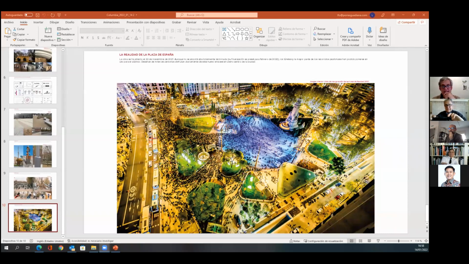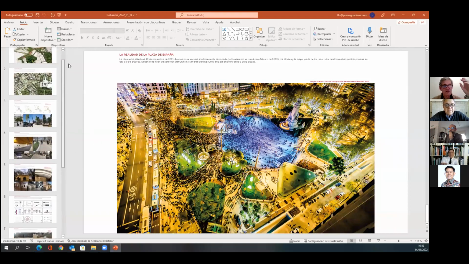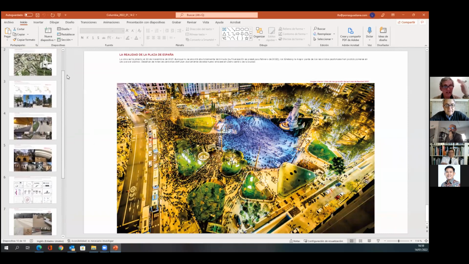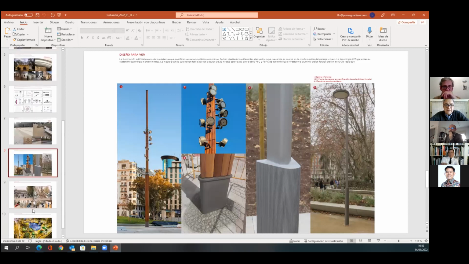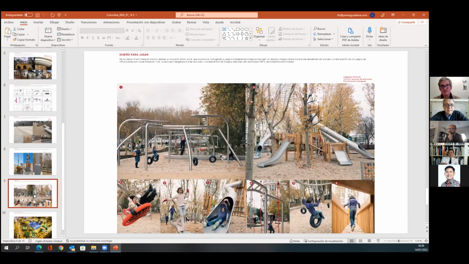And it was an event here about lighting, but from this day, thousands of people are coming, going, walking, enjoying the new park. There are some spaces for playgrounds, completely full of children. This is one example.